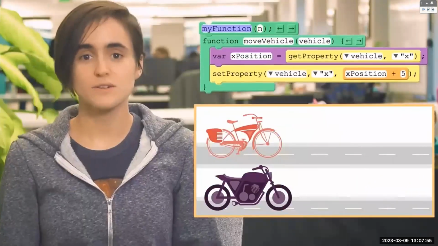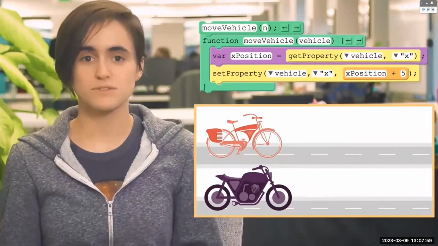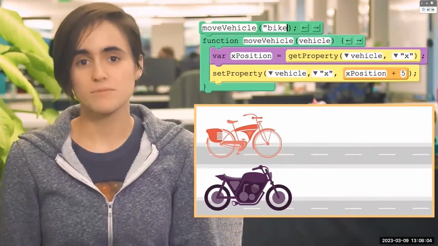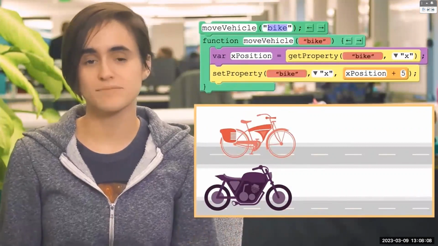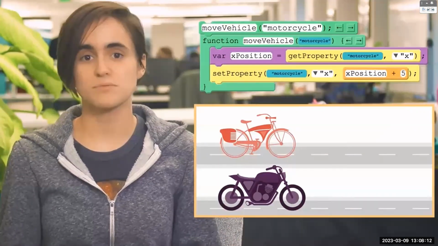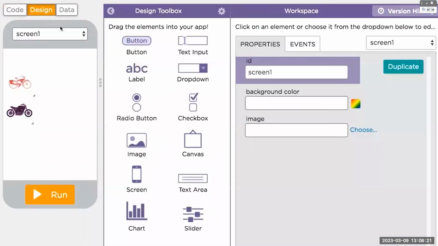When we call our function, we use the parameter to tell it whether we want the bike or the motorcycle to move. This time, let's move the bike. Now, every time that the parameter shows up in the code, the program will use bike instead. When we pass in motorcycle, the best thing about using parameters is that we can use this function with any element, even ones we haven't